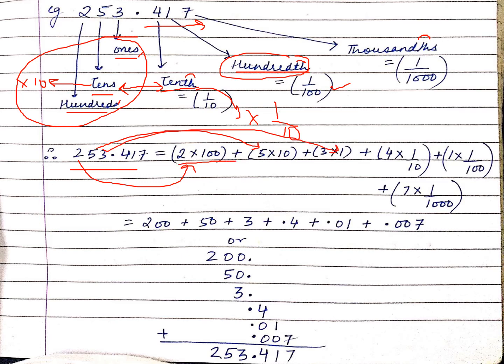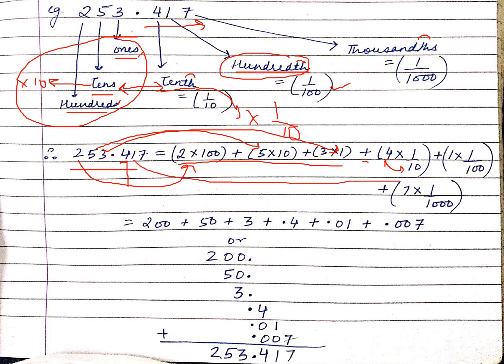This is the part we have done already. After this is important for us. So I put again a plus sign. Now after the decimal, the first digit is 4. We know its place value is tenth. Tenth means 1 upon 10. We multiply in the 4 number. So 4 into 1 by 10. We have done. Plus the next digit is 1.